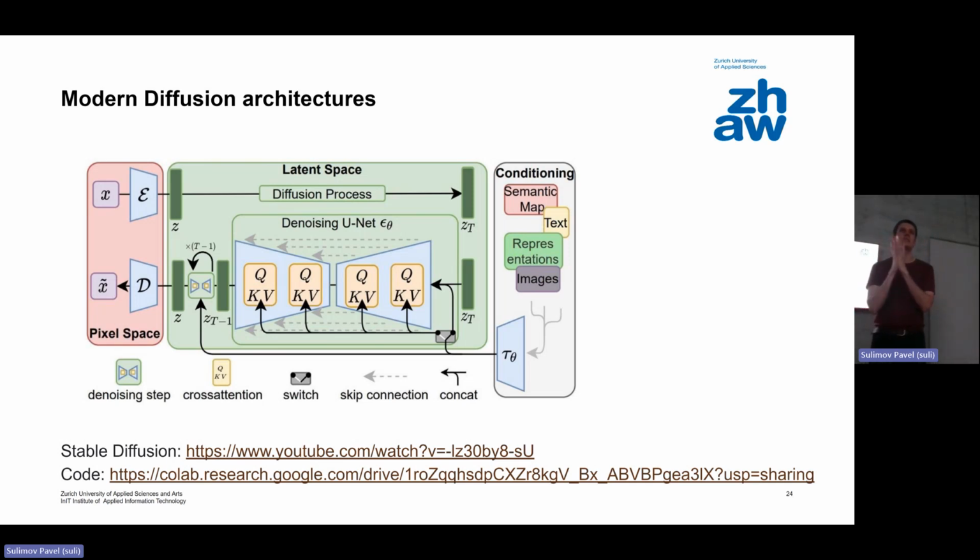At some point, it occurred that diffusion is very slow. It works. Yes, it works. But when you have a picture 1000 by 1000, it occurs to be very, very slow, taking into account that the normal time step that you need to do is also 1000. So good diffusions work if you add noise in 1000 steps. And then imagine that you have 1000 by 1000 pixels, which means a million. You need to process a million with 1000 steps. So it is already on the order of billion. And then you have many parameters.